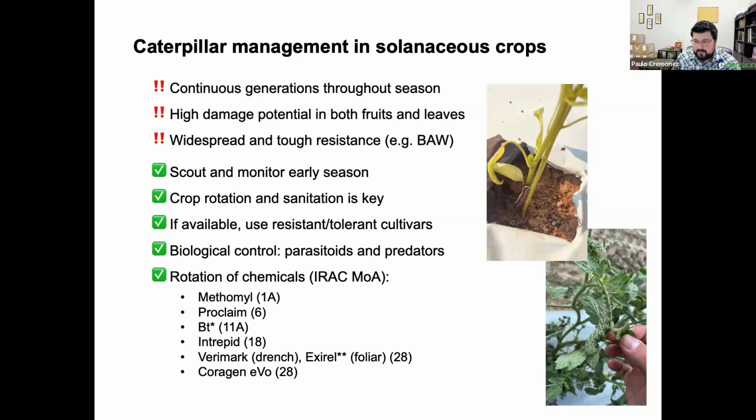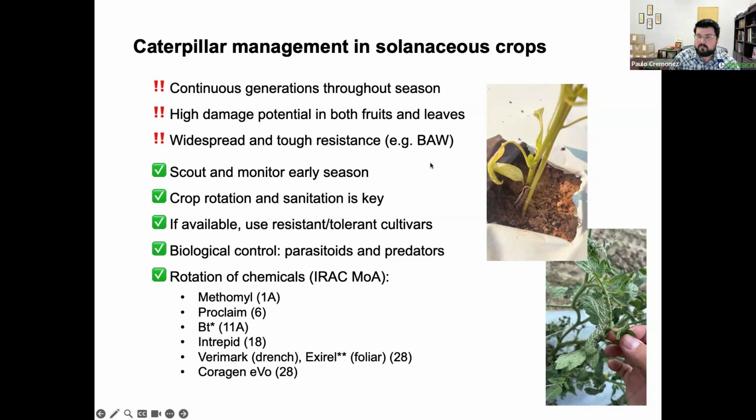organophosphate, or you can use a carbamate, Proclaim, BTs, a growth regulator like Intrepid, and right here you have the options for diamides, group 28, which is very marked on the drench. You can use that, and this can also be good for thrips management early on in the season, and maybe even some whiteflies. So this is highly recommended in Exirel for foliar, but here I just put some asterisks